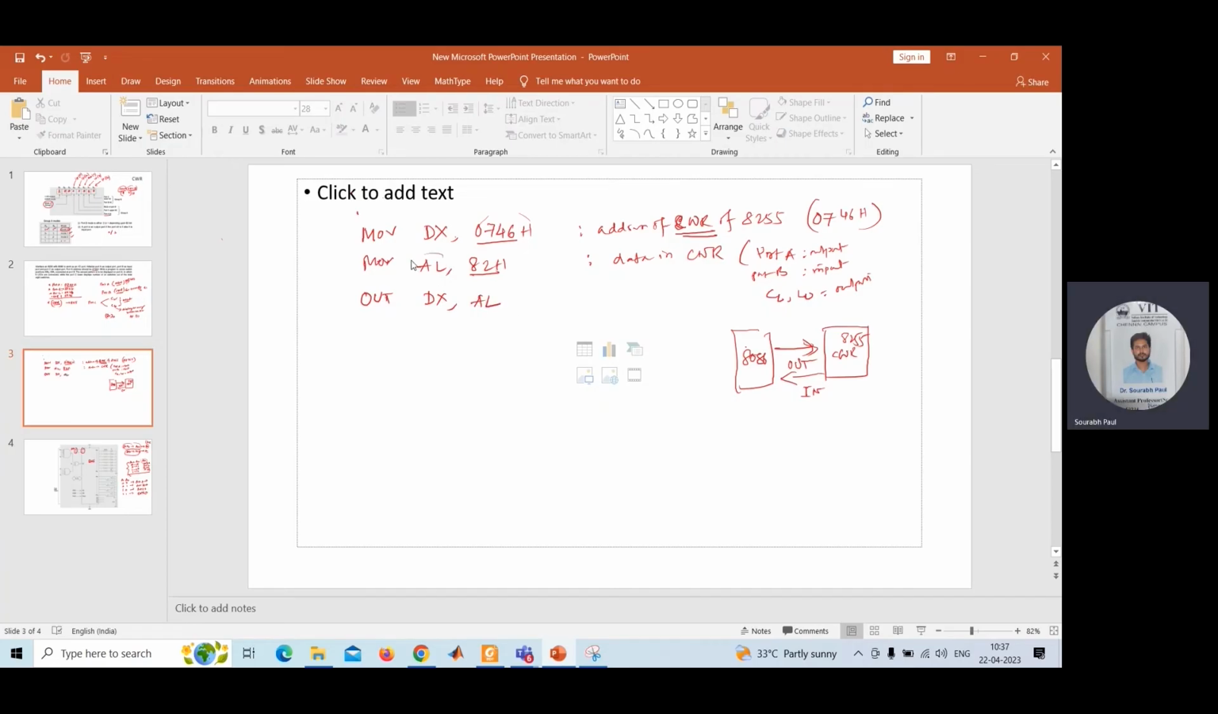Whatever your AL is having, that is 82, you are giving to the port whose address DX holds. DX has the address 0746, which is the address of the control word register. So the initialization required to work in the way asked in the question, port A output, port B input, and port C output, is obtained by using this line. Okay. Now what I need to do,